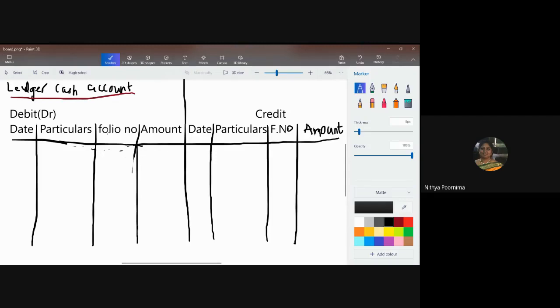Okay. So we are doing the ledger and cash account. Now, by looking at the transactions, wherever my cash account is on the debit side, I'm going to enter the values here. Like, can you see the problem which we have solved in the journal entry? On the debit side, first on May 1st, you have made a transaction. From the cash account, to which account has it gone? To capital account. What's the amount? 10K, ma'am. 10K.